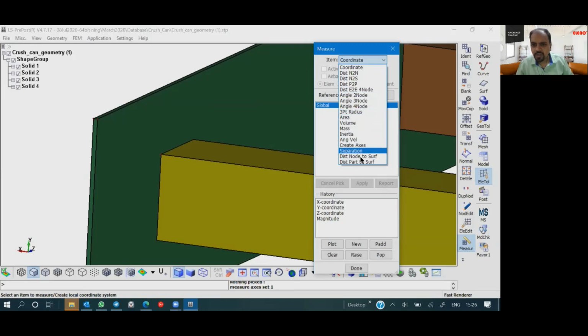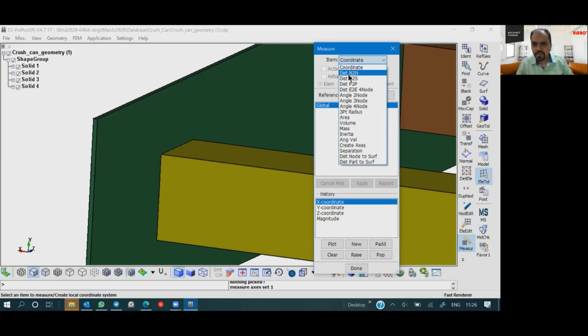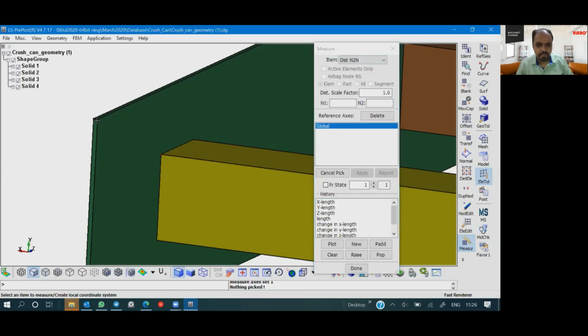I just have to check. Oh, I have to create nodes. Okay, it's okay. What you have to do before you measure is create nodes. It's simple. I just forgot.